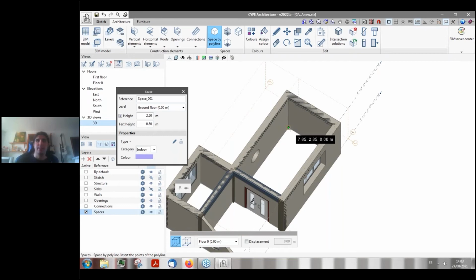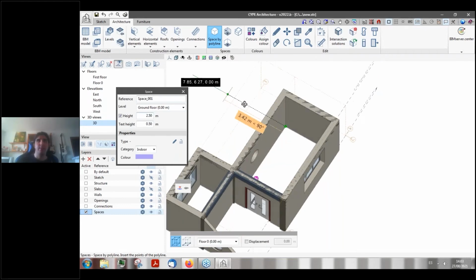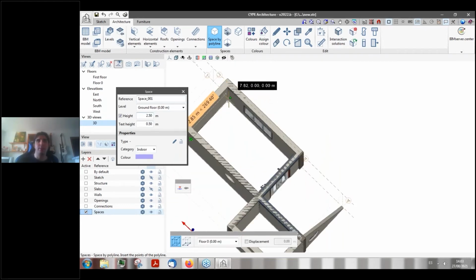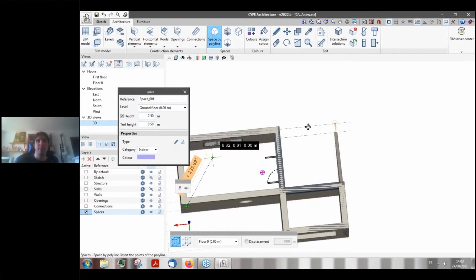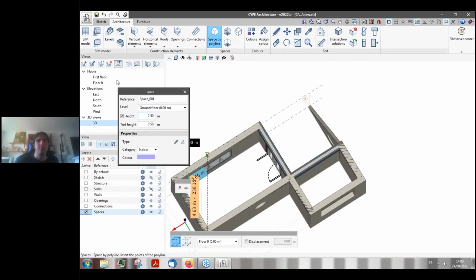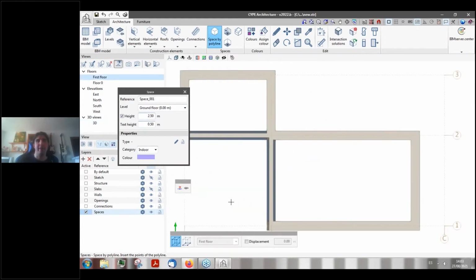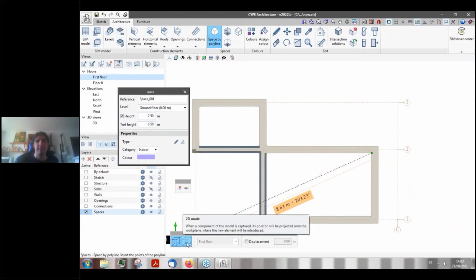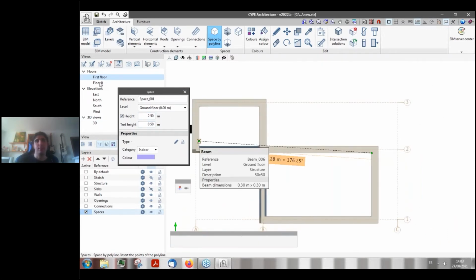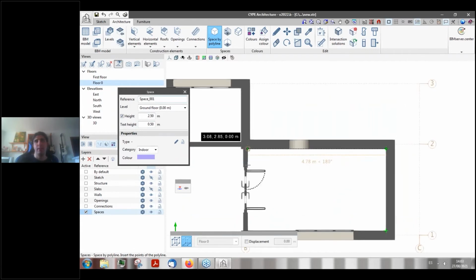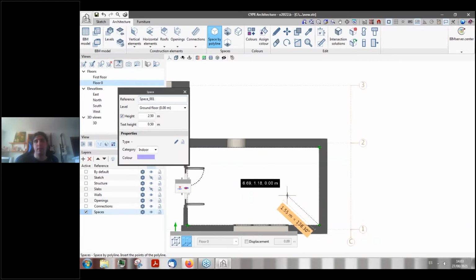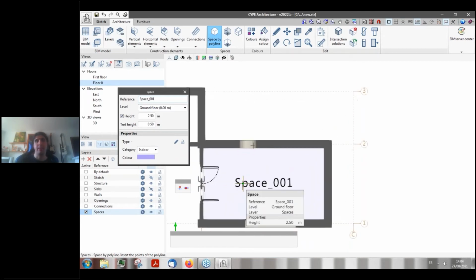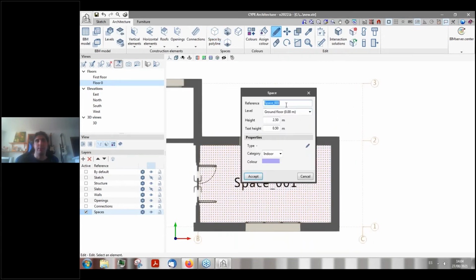So let's insert a space by polyline. What we have to do is select, on a floor plan or on a 3D view, it doesn't matter, the edges of this space. So I'm going to do it in a 2D view, just for variety's sake. Let's activate the 2D mode, and let's continue with the insertion. We select the bounding edges of our room, and once we have it, we right click, and we have automatically added this space right here. Let's rename it, for example,